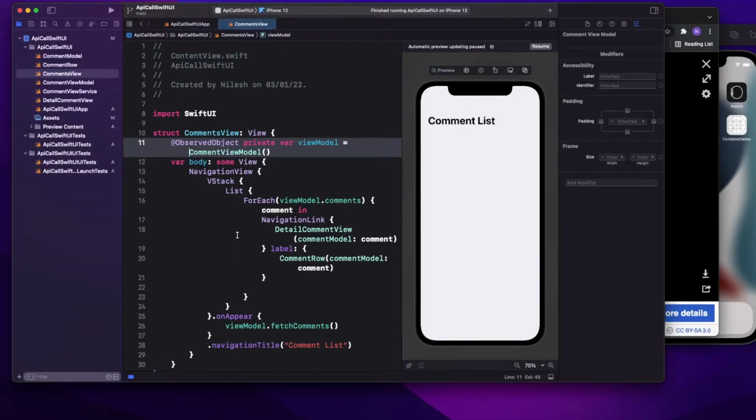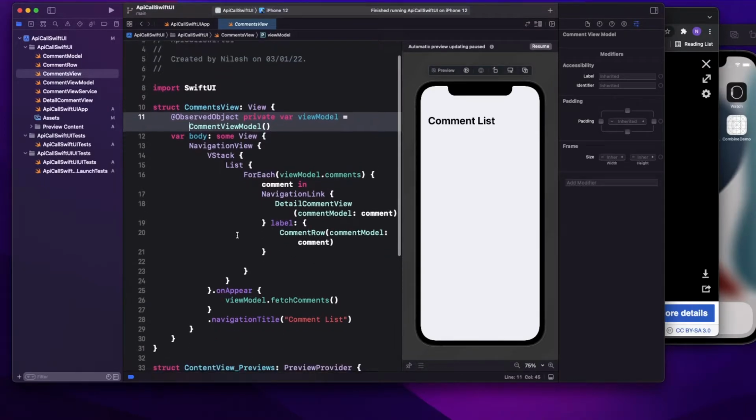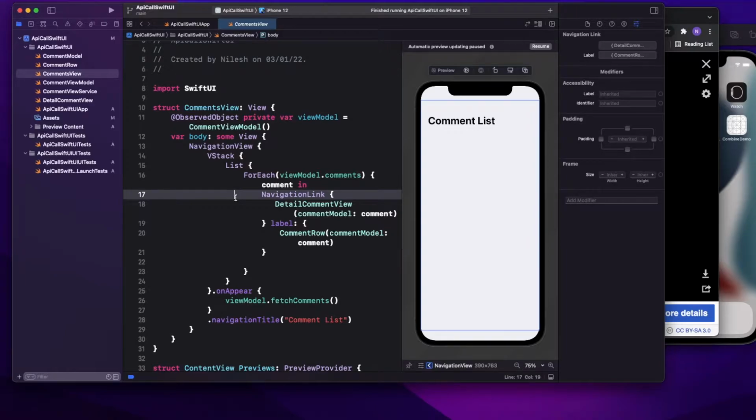So today we are going to continue what we have developed in the previous video, how to make an API call in SwiftUI and how we can populate it in our list view. What we are going to do differently today is, in the last video I discussed MVVM architecture. So today we will see whether the app which we have developed is completely in terms of MVVM, like is it completely testable? That is what we are going to focus on.